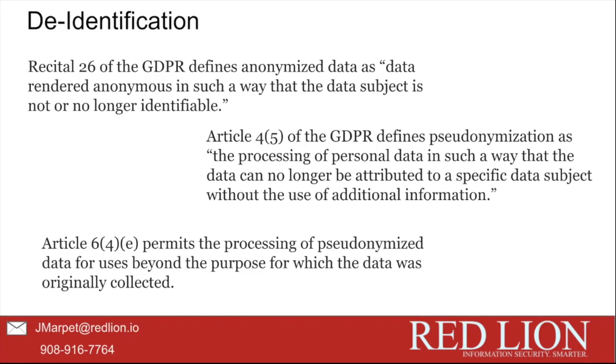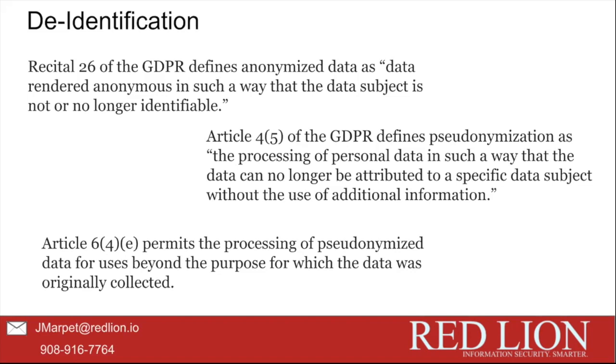I don't know anything about this data other than I'm holding a blob of data. I can't get it, I can't read it, etc. It's anonymized. Pseudonymized data is I'm holding Jimmy's data and there's a key over there in the corner. If I go grab the key, I can unlock the data and look at it and find out and read it and see it and do all that stuff. That's pseudonymization. Okay. And there's different ways that the GDPR says to handle this.